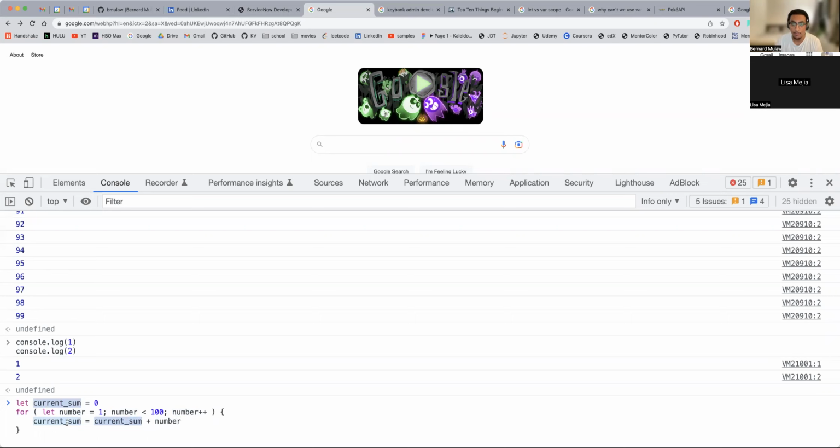Okay, one more time, right? Current sum is 6, so in the next iteration, what is number? 4. Yes. So 6 plus 4, 10. Exactly. You see the pattern now, right? Yes. So kind of like how we were doing the 1 plus 2 plus 3, this is what's going on basically in this code. Okay. And then at the end,